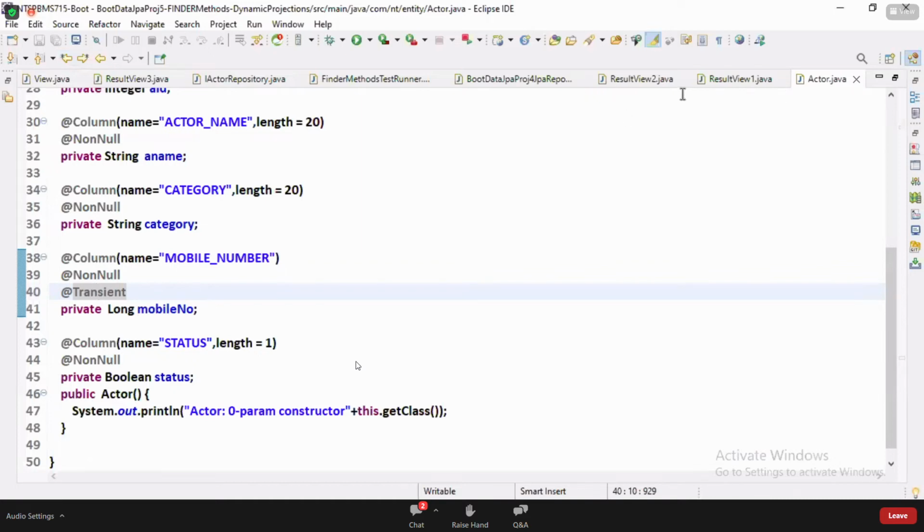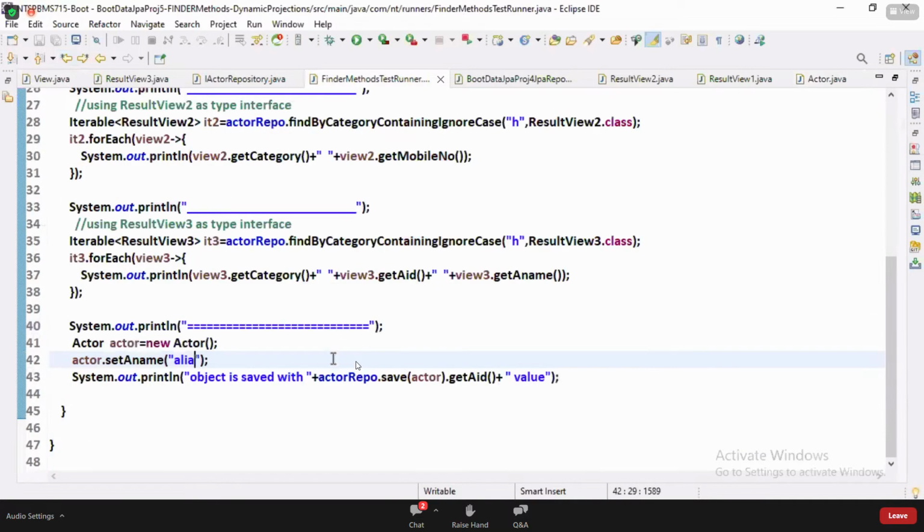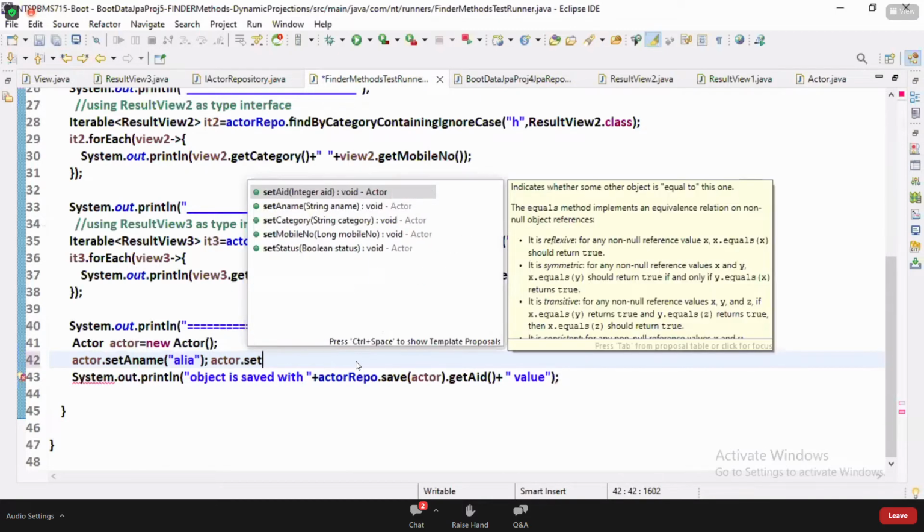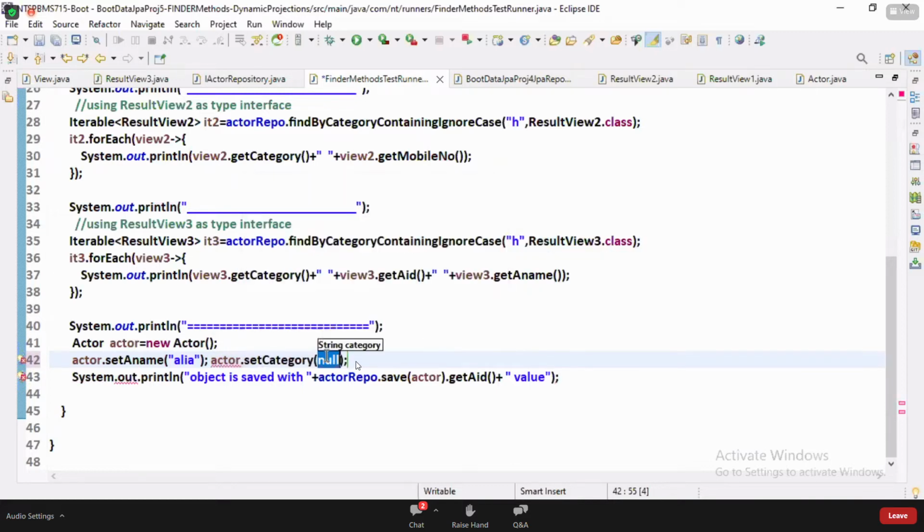Super, guys. Now come to the runner class. I will give full data. Actor dot set category: heroine.